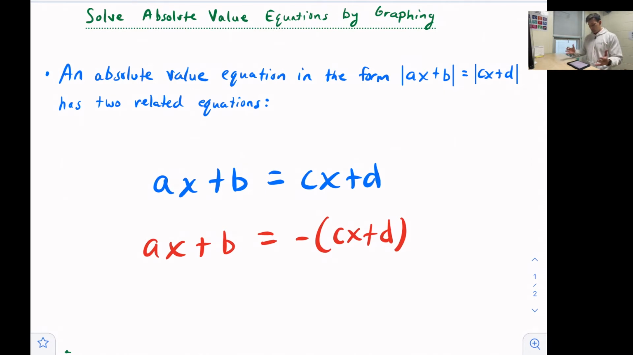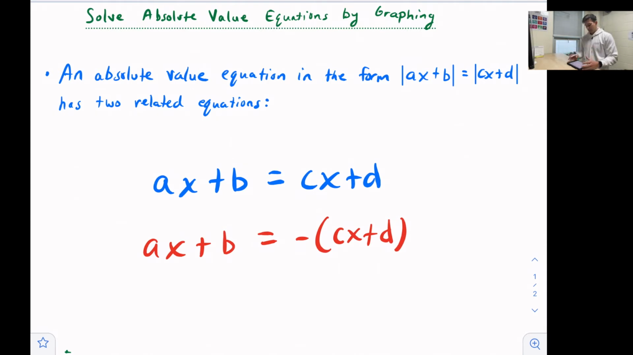So ax plus b is equal to cx plus d, right? If we think about absolute value, what is inside the absolute values either has to be equal to each other, like absolute value of 2 is equal to the absolute value of 2, or the expressions have to be opposites of each other. So ax plus b equals the opposite, or negative, of cx plus d in parentheses. That would be like absolute value of 2 is equal to the absolute value of negative 2,